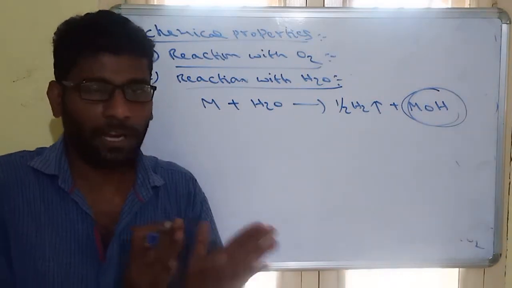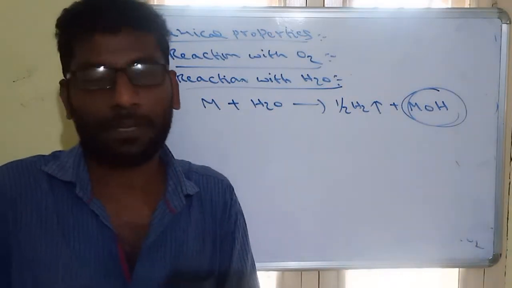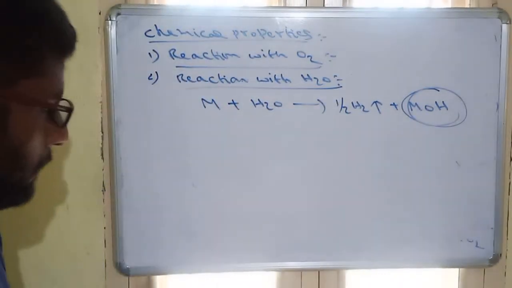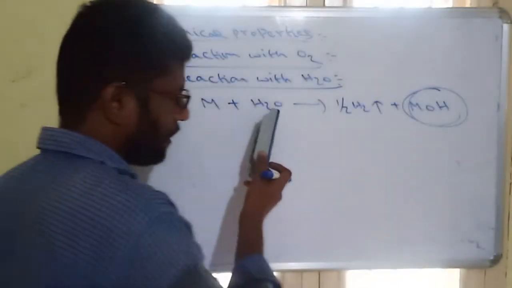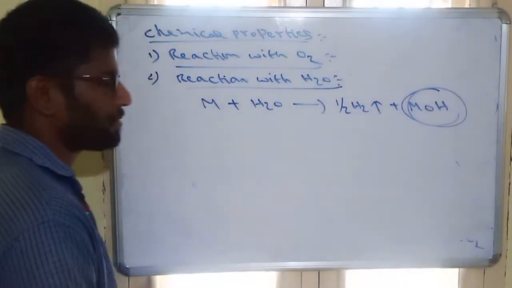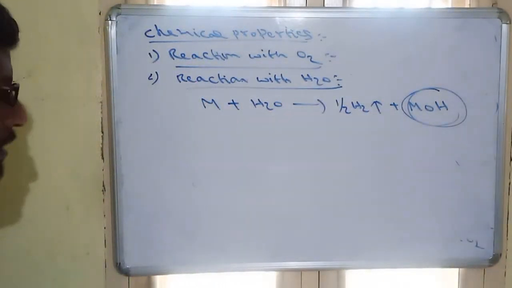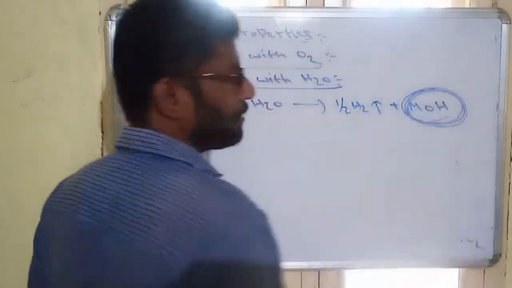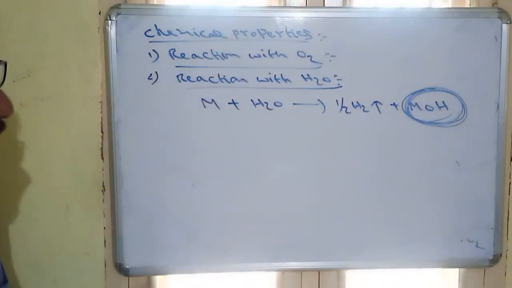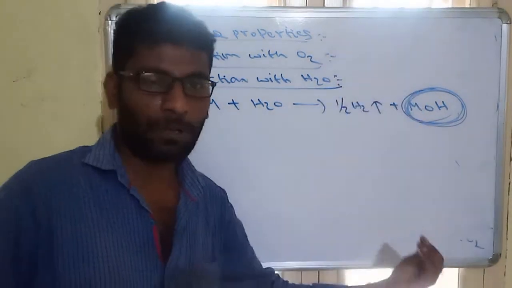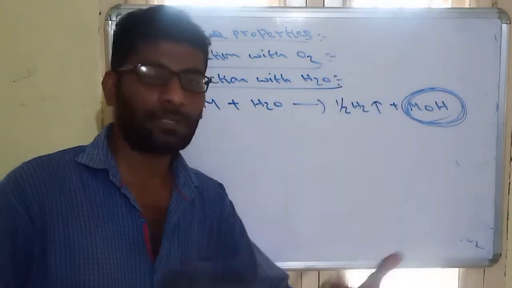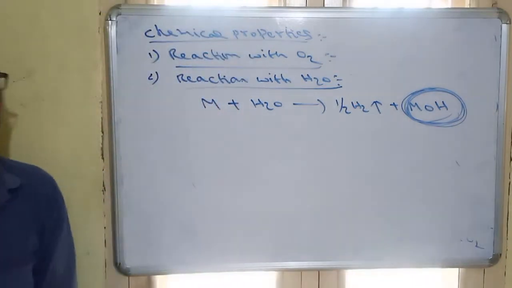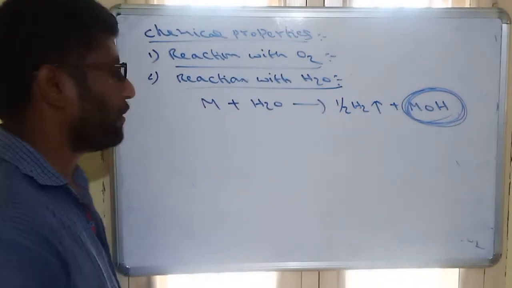Basic character is directly proportional to electropositivity. The more the electropositivity, the more the basic character. What is important is that metal combines with water to produce metal hydroxides. All of these are basic in nature, and the solubility of these hydroxides in water increases from top to bottom. In water, as basic strength increases from top to bottom, a strong base can be easily decomposed, with 100% dissociation, so solubility will be more. So that is the reaction with water.